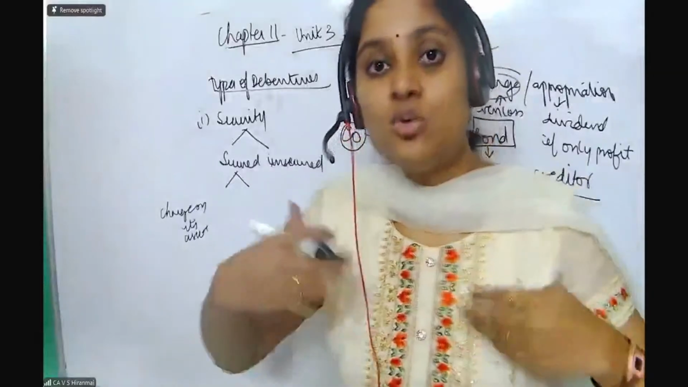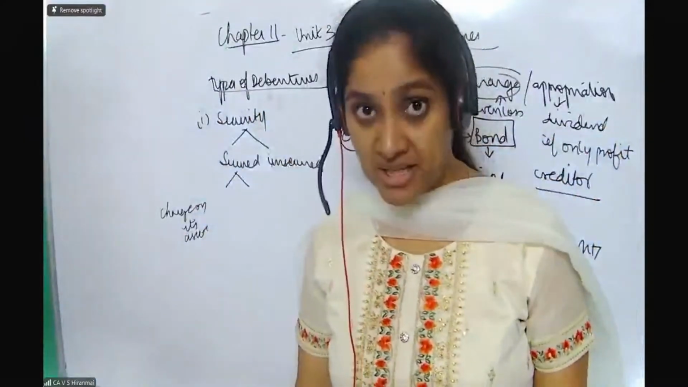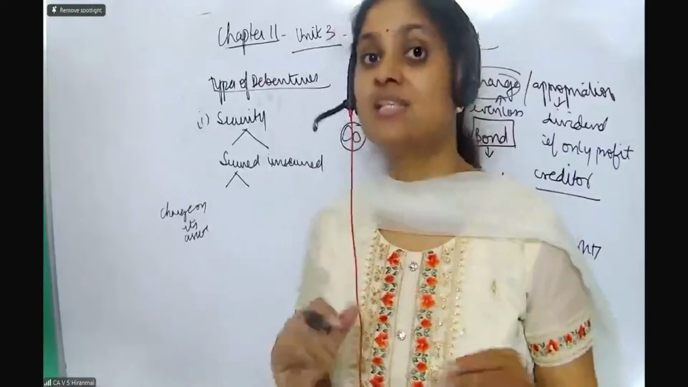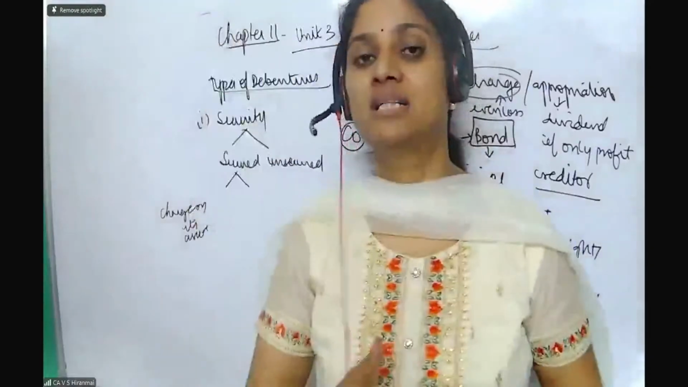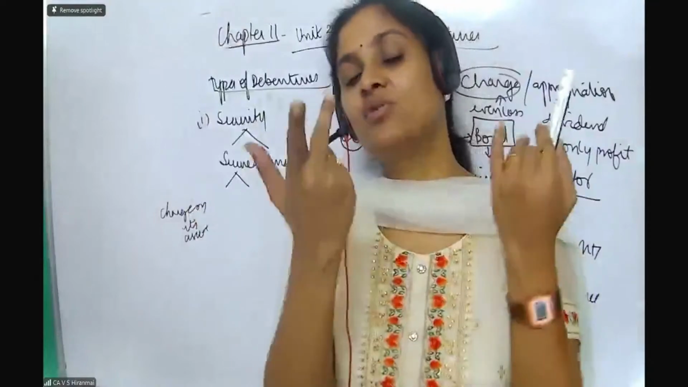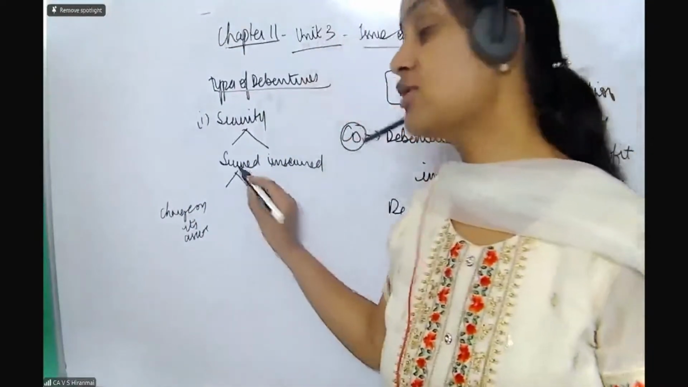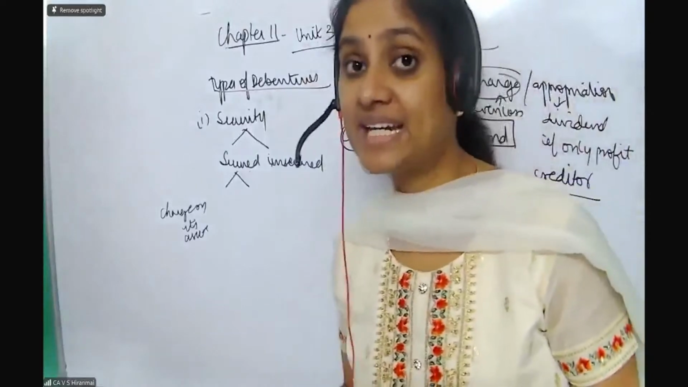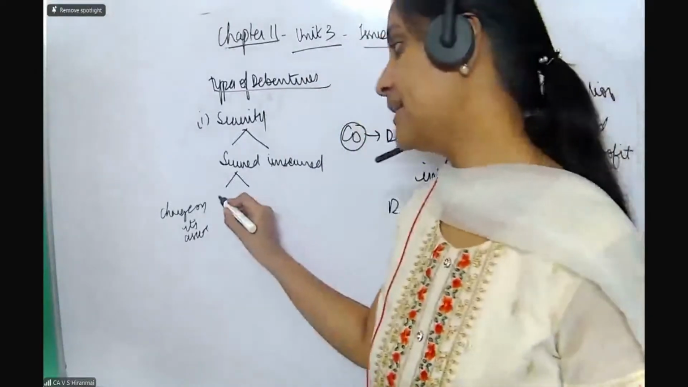I am securing your debentures by creating a charge. That means on my particular assets, in the future, if I am selling, I will give you the first charge. Whatever amount I get, I will give you the first benefit out of it. So, in case of secured debentures, I can create a charge on specific assets, called the fixed